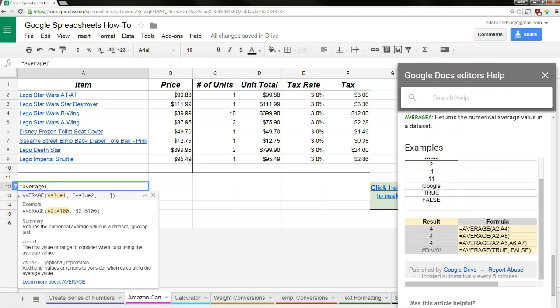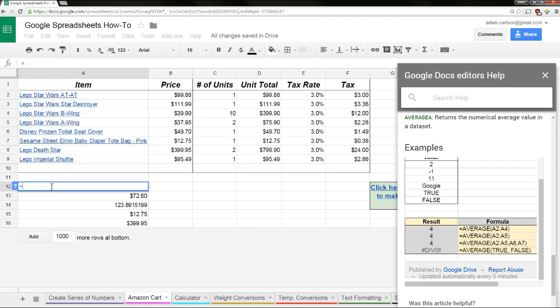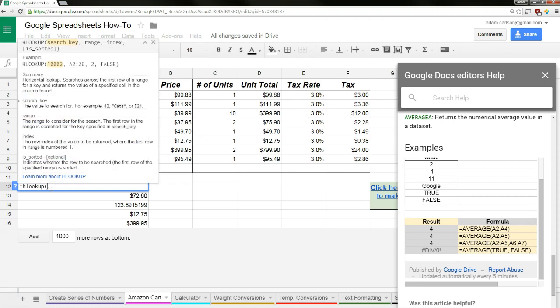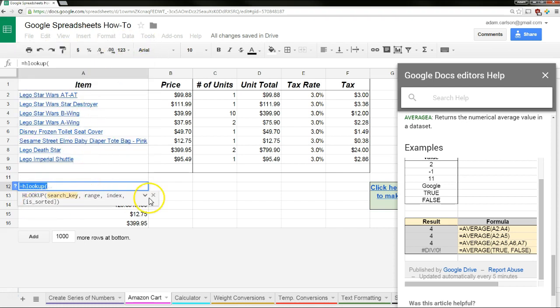Every single time you start typing out a function, let's try a really complicated one. Wait, whoa, you don't know about HLOOKUP? Well, if you click right here, learn more about it, it's going to direct you to some information on it. It's going to give you examples, all those different things. So anytime you're typing something, it's going to pop it up there, and I have the option to expand that, or if you know what you're doing, you can even close that down. But very, very handy to use that formula help. Anything you're doing,